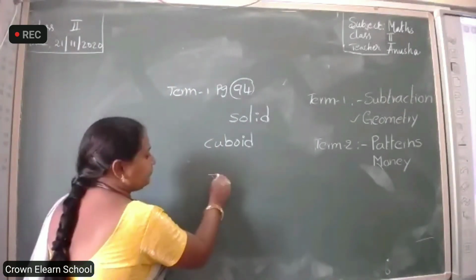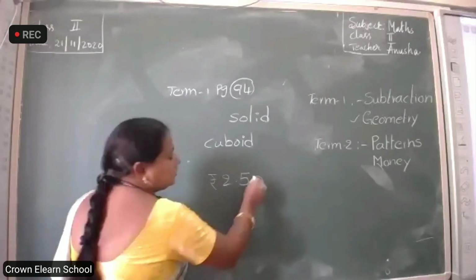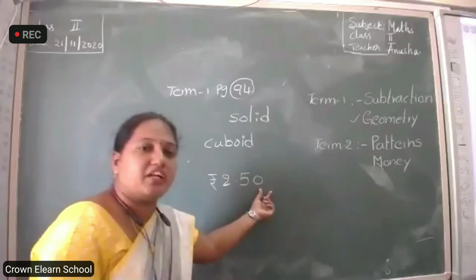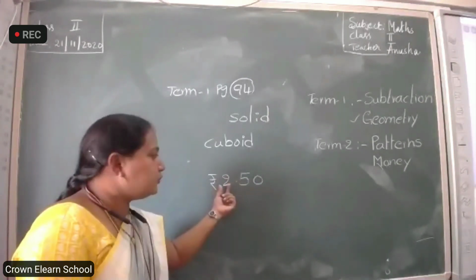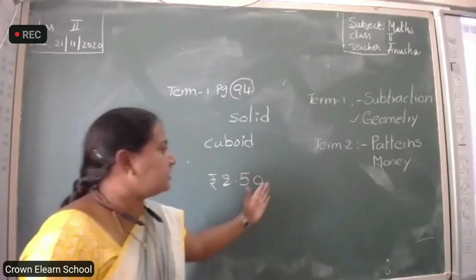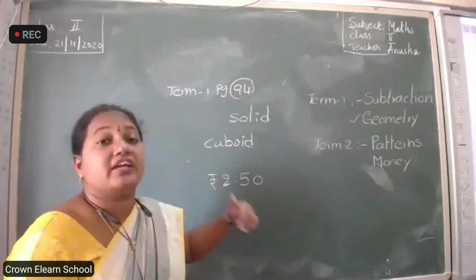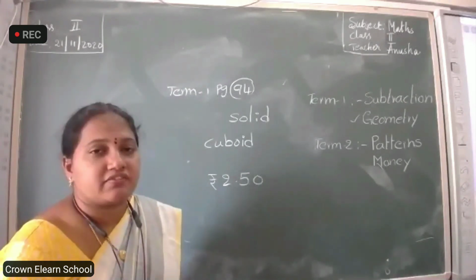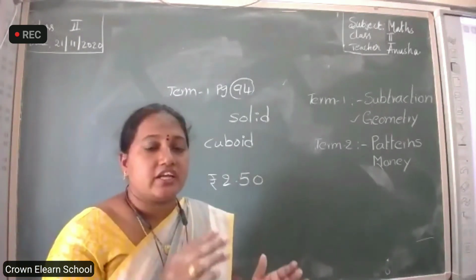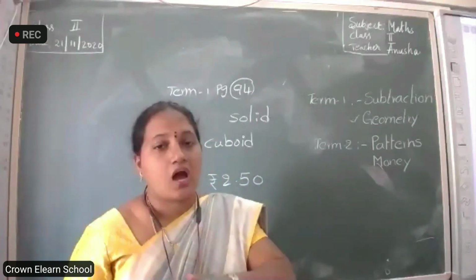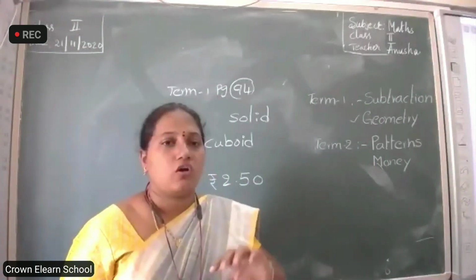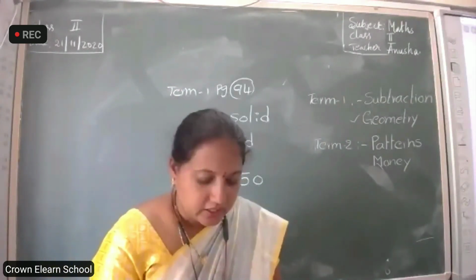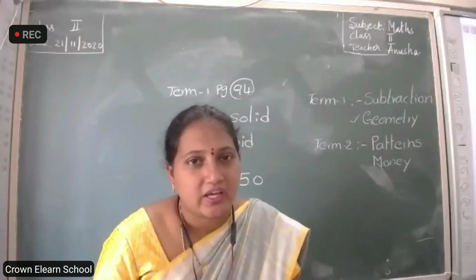Suppose they give it like this, how will we read it? 2 rupees 55. Like that you have to write in words. If they give it in words, you have to write the number. Okay, Nana? And next one, conversion. Converting rupees to paise or paise to rupees. All these topics you prepare for the exam. Okay, Nana? Okay, thank you. All the best for everybody.